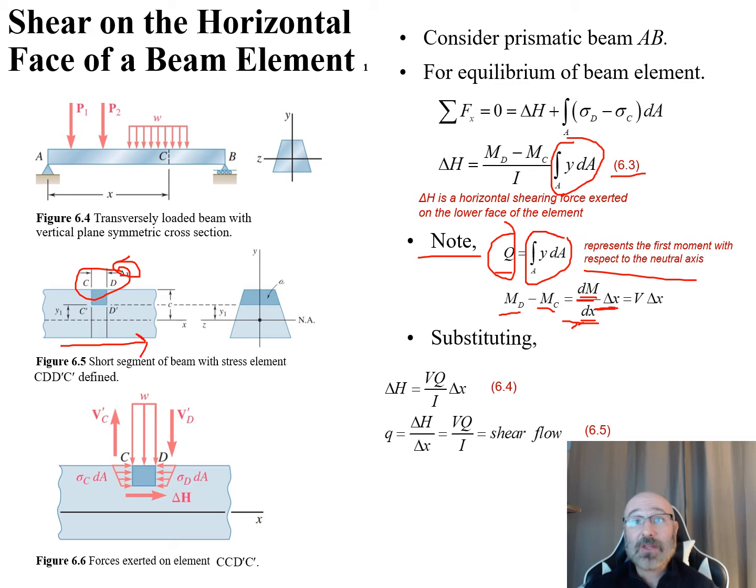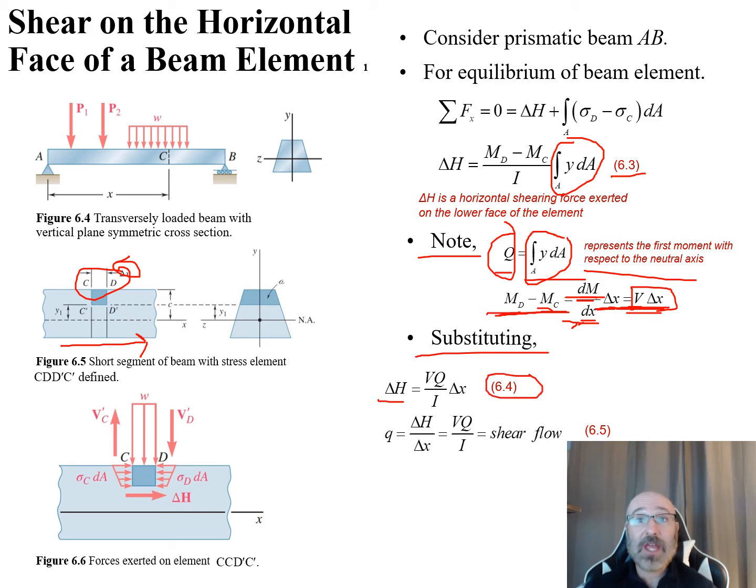So we can take a look at this, and this is going to be equal to our V delta x, because dM over dx will be our V value. So now we have this M_D minus M_C that we can replace by this V delta x. So we have these two relationships. We can replace this integral with Q and replace this M_D minus M_C with a V delta x. So we can sub these in, and this is where we get our equation 6.4 in our textbook,